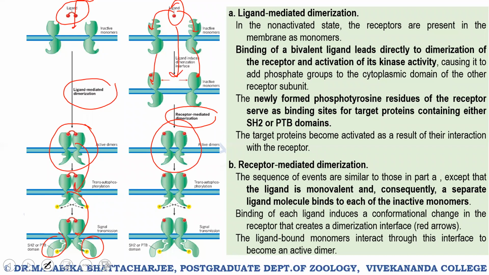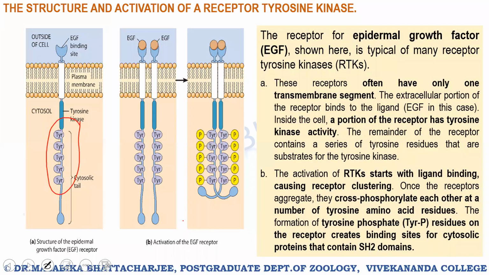Prior to that, the receptors were monomers. They could not dimerize. They initially bind to the ligand as monomers, and this ligand binding to the receptor induces a conformational change in them, as a result of which they dimerize. And after dimerization, we are seeing trans-autophosphorylation, and the receptors are activated, and then the cascade moves downstream with the association of further signaling molecules.